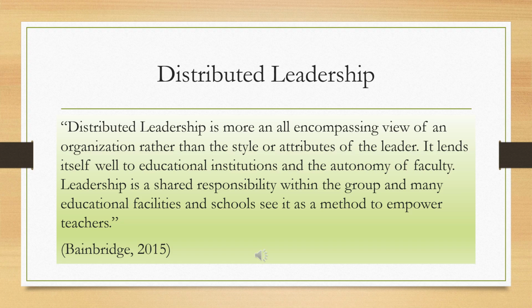I have taken this definition from Dr. Bainbridge's live binder on leadership theories. This has been an awesome resource in my other leadership courses. Distributed leadership is more an all-encompassing view of an organization rather than the style or attributes of the leader. It lends itself well to educational institutions and the autonomy of faculty. Leadership is a shared responsibility within the group, and many educational facilities and schools see it as a method to